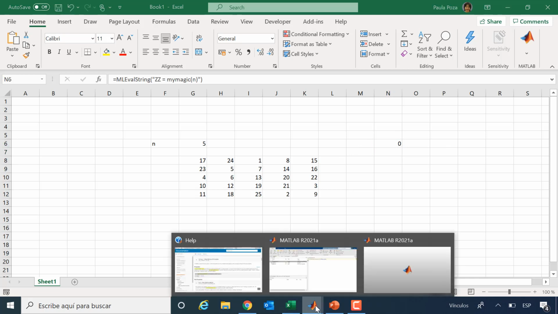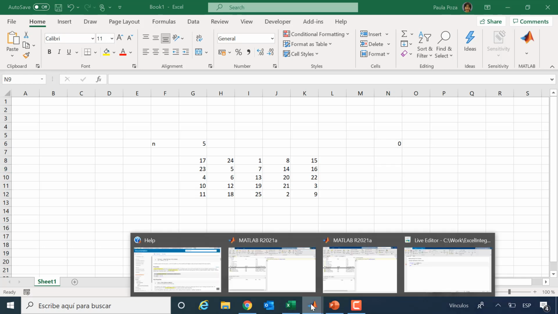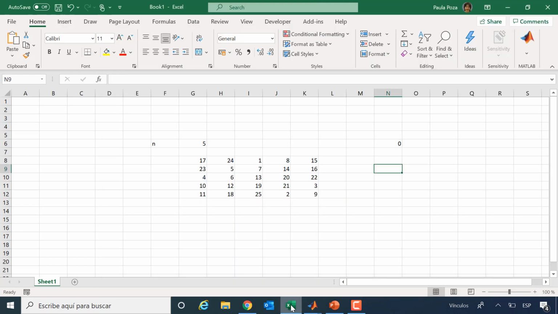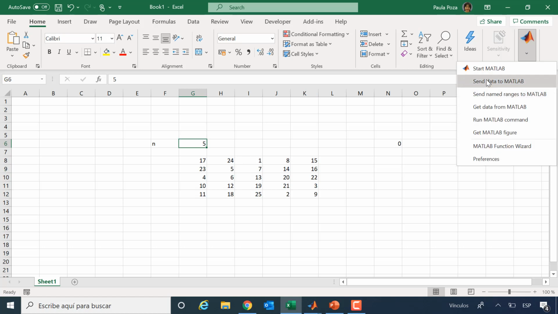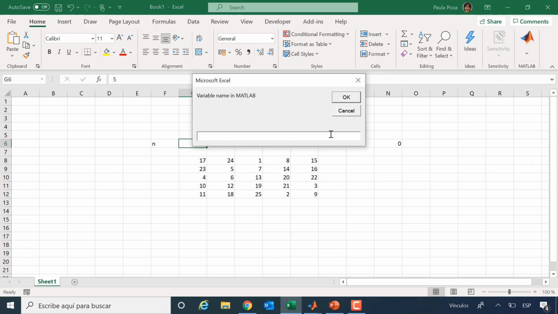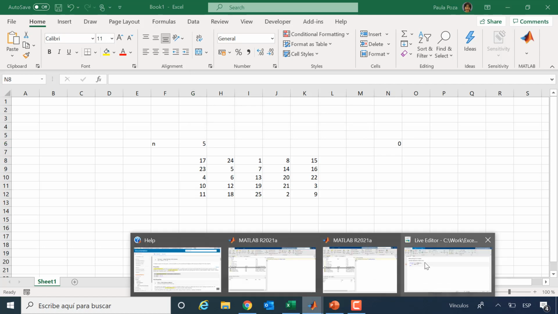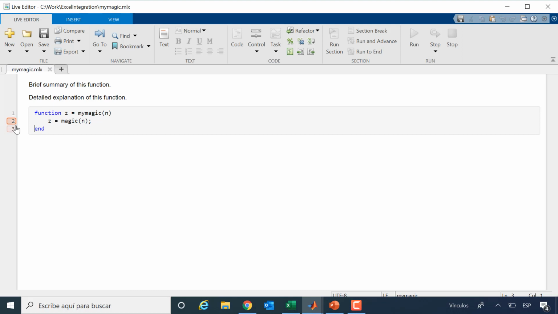So I'll go to my function. We opened another MATLAB and we didn't send the n here, so we need to send it back again. I'll position myself here, send data, we're using this name, and now I'll make sure I have a breakpoint here with the left button of my mouse.